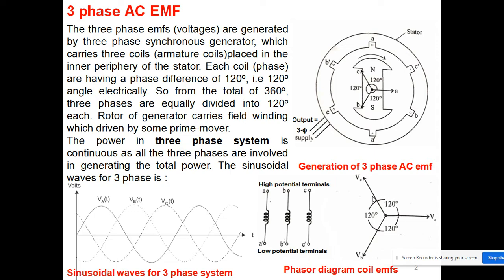We have already discussed the meaning of electrical and mechanical angles. So this is our three-phase generation of EMF, and you can write how I can represent VA, VB and VC. At zero, the second is 120 behind, and the third is 240 behind. So I can represent them sinusoidally. When I take the base coil as AA dash, then with respect to this coil, I will write my remaining induced EMFs VB and VC.